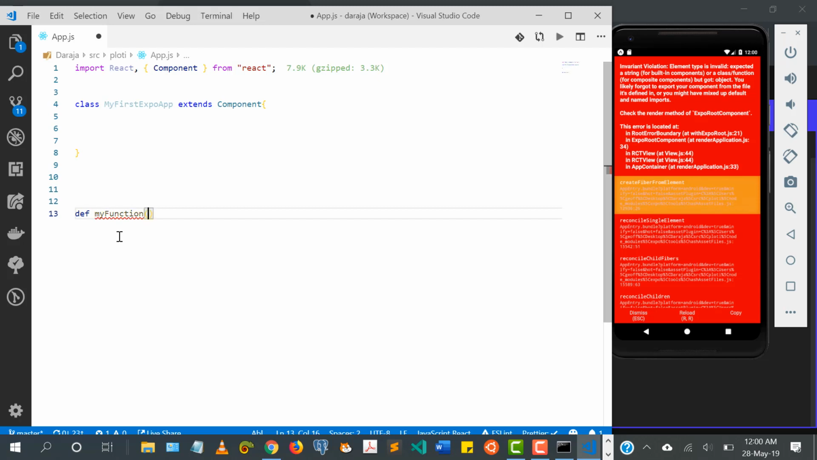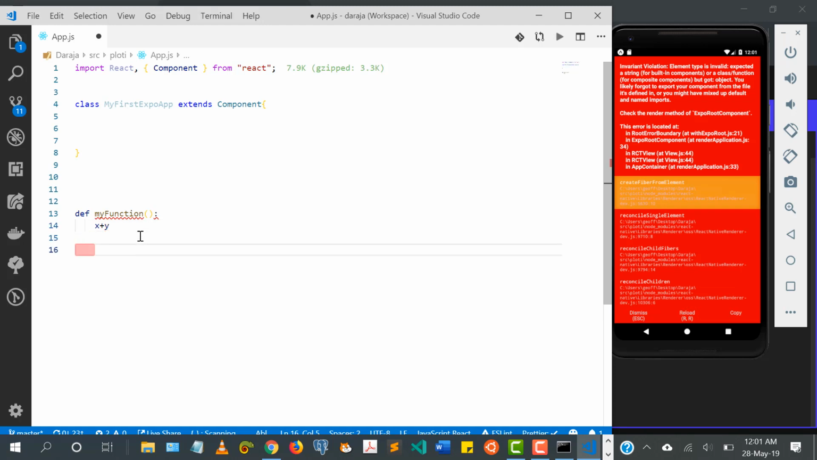We usually define it this way, and we say, for example, x plus y, whatever. So in JavaScript it's similar. The way we do it in JavaScript, we say my function, we put that and we put that way. So this is